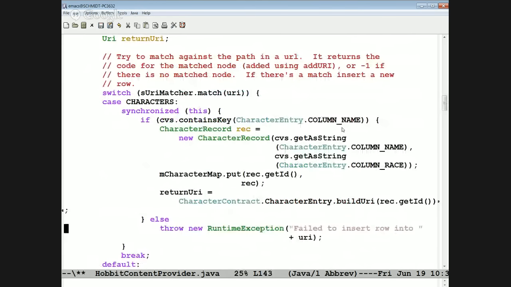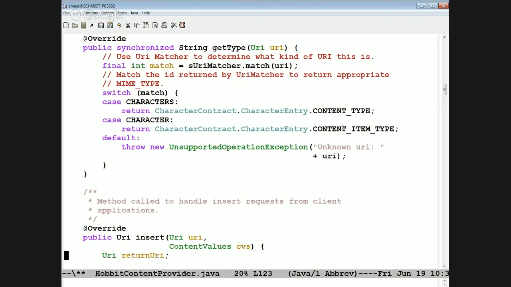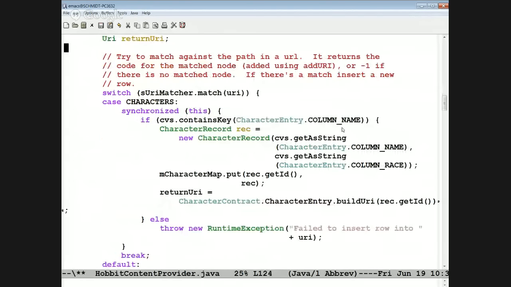Here is the implementation of this particular thing, and again, there's lots and lots of different ways to do this. One thing I do here is, because I'm using a hash map, I have to provide synchronization, because by default methods in a content provider like insert, delete, and so on are not synchronized, so we have to synchronize them ourselves. And I chose this particular approach for reasons that'll become more clear when we get to the point of talking about the